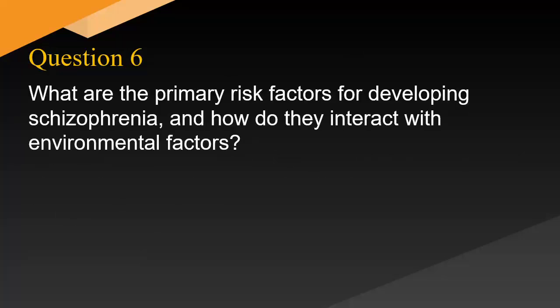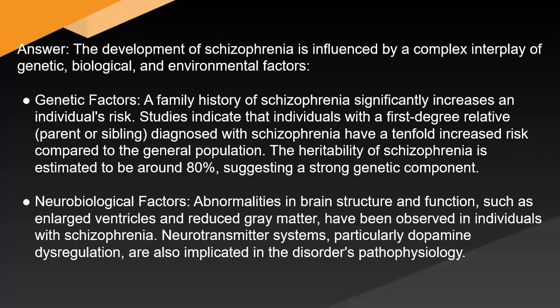What are the primary risk factors for developing schizophrenia, and how do they interact with environmental factors? Answer: the development of schizophrenia is influenced by a complex interplay of genetic, biological, and environmental factors. Genetic factors. A family history of schizophrenia significantly increases an individual's risk. Studies indicate that individuals with a first-degree relative, parent, or sibling diagnosed with schizophrenia have a tenfold increased risk compared